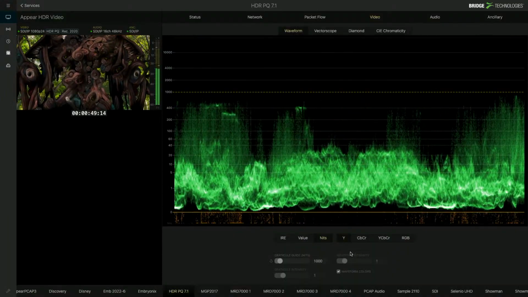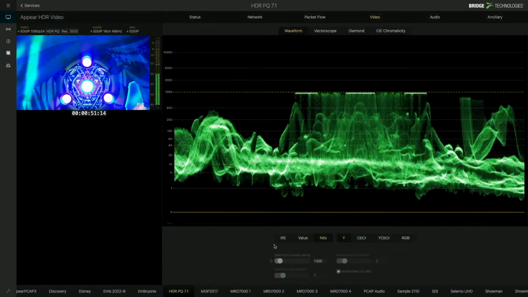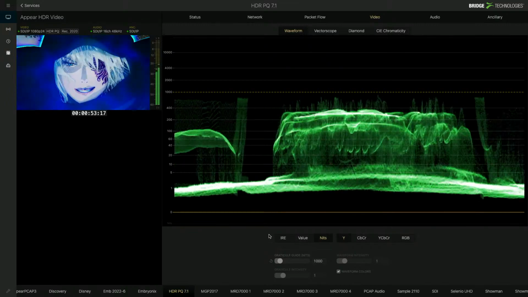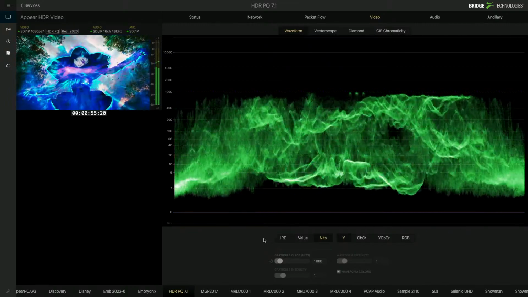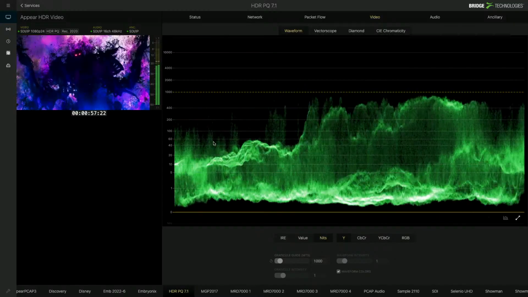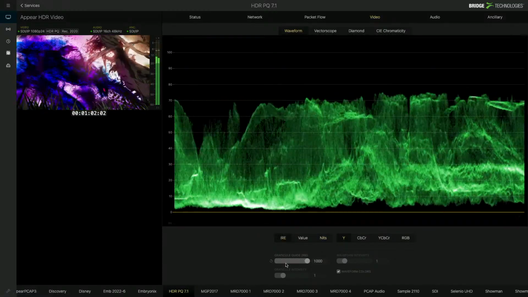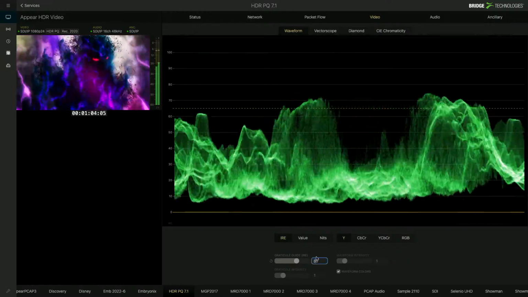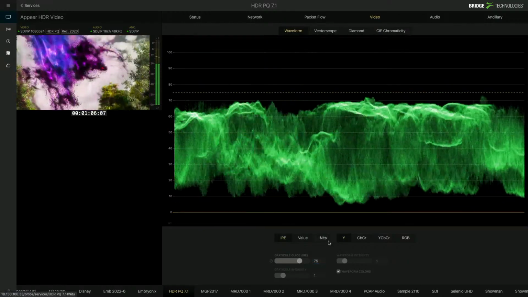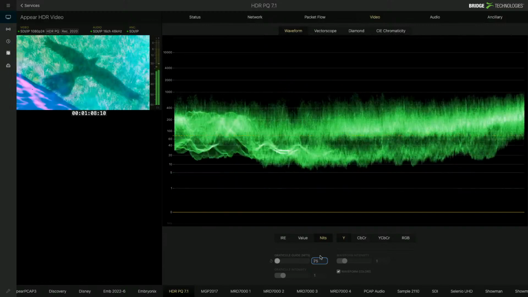Thank you, Marcus. Let's move on to the waveform scope, because basically the waveform scope is, of course, one of the absolute most important tools. Yes, so with the HDR support, we had to make some improvements to the waveform scope, specifically the graticule. So we needed to show not only the IRE that we had before, we needed to show the nits. So now you can actually see,